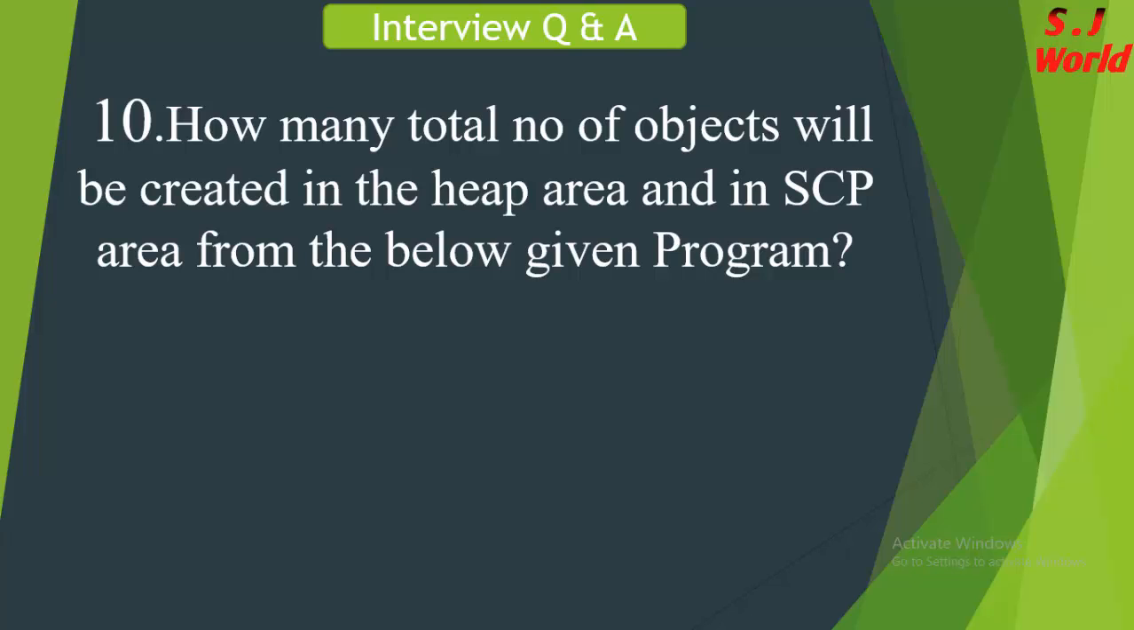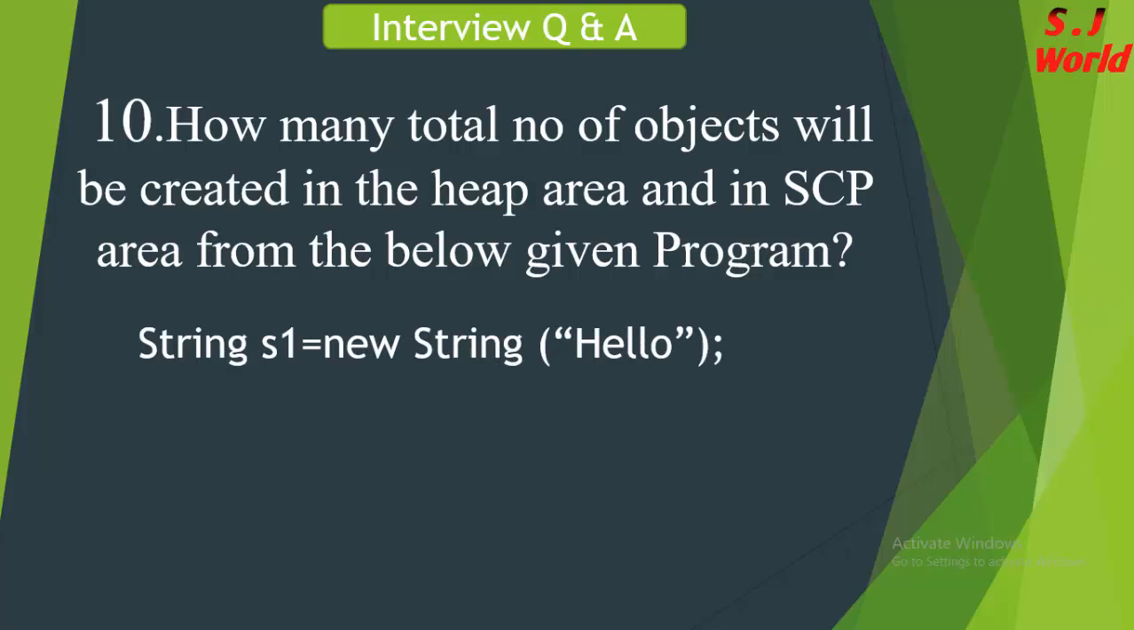If you open it, there is a simple text box, and you have to write the code, whatever he is asking you. So be prepared with the programs also. Now the question is, you have to tell how many total objects are going to be created from the given program, and you have to count the total, either created in the heap memory or in the SCP memory. I'm not going to tell the answer because you must answer in the comment box. So first is String s1 = new String("hello");